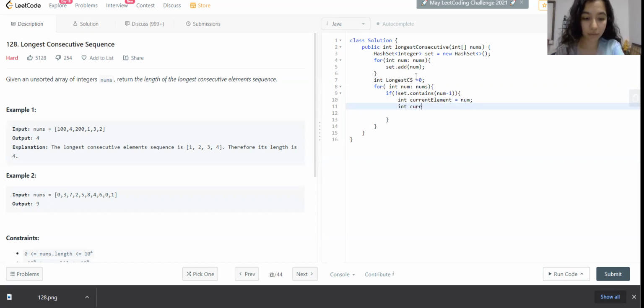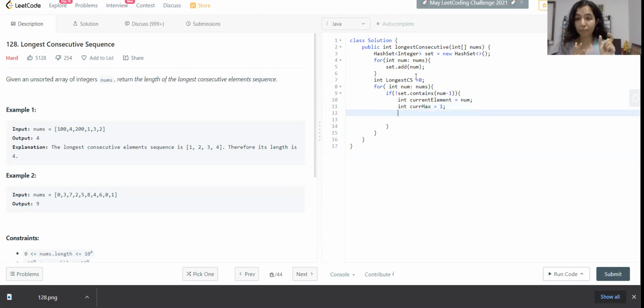Let's call this current max and take this as 1 because we're already taking num into account. So we will check until set.contains current element plus 1.